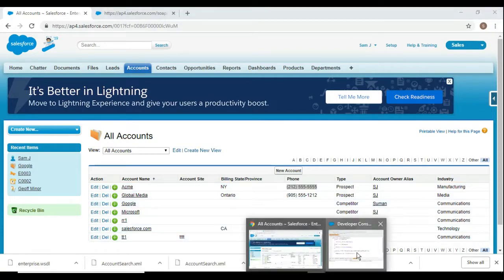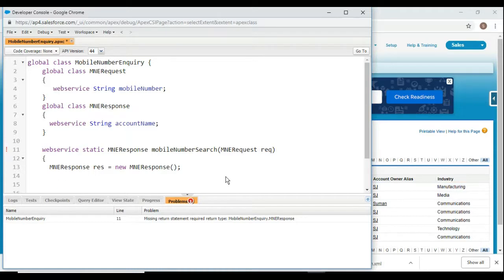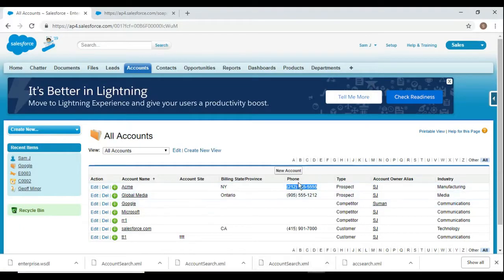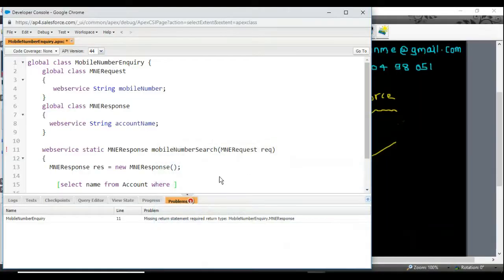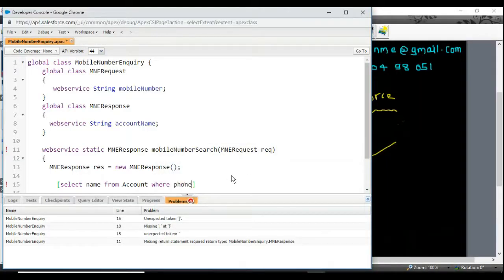So let us write the query first. SOQL statement we will write. Select name from account where there is the field called phone number. If you look at this, the field is phone. Okay, it is like a string field only. So where phone equal to